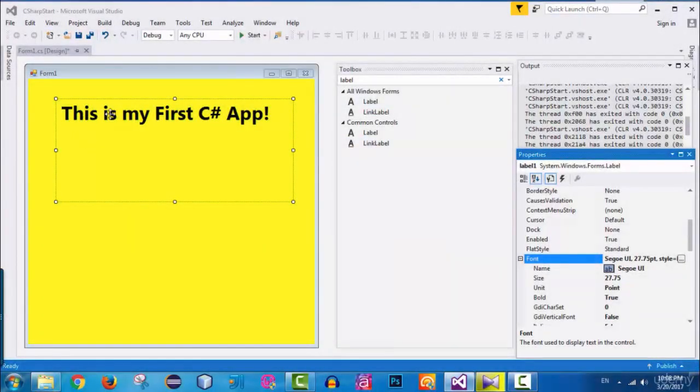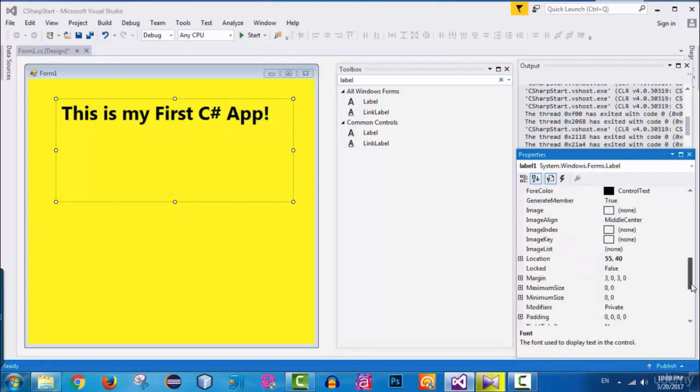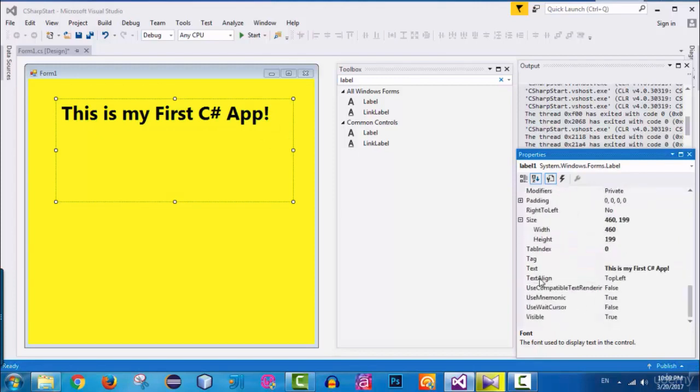And now as you can see, this text is not centered inside this label, right? So I want this text to be centered horizontally inside this label. So we need to actually find the text alignment attribute, the text align. So select this label, and here as you can see we have this text align attribute, and just click on